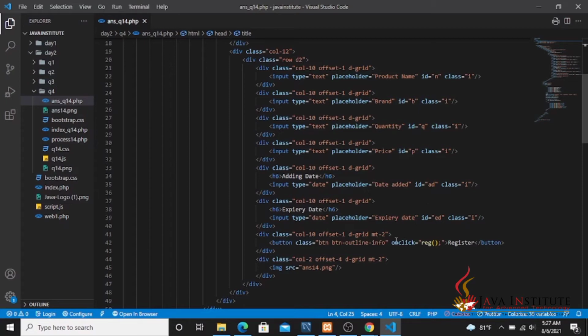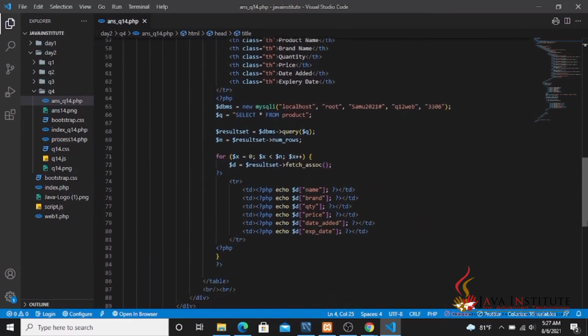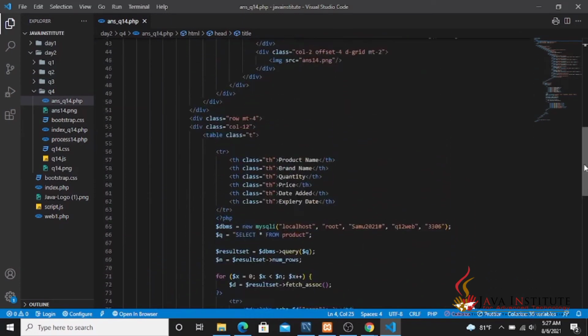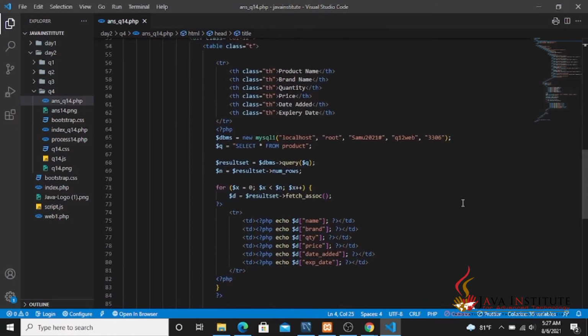So this is the function that I use to call the register function. Then I have given it to the onClick. The event is onClick, and this is how I have gained the inserted data to the database to this web page.